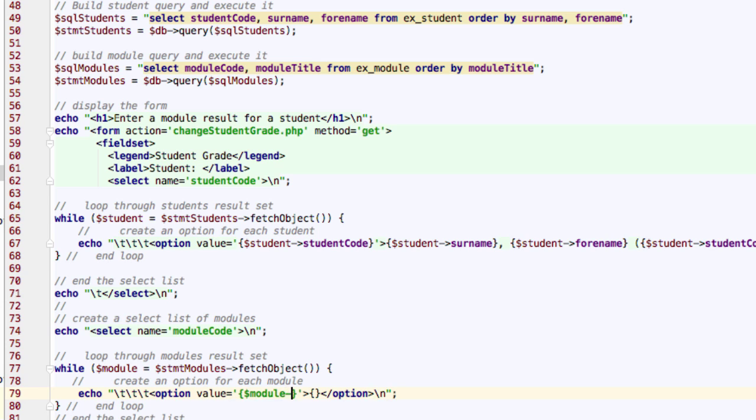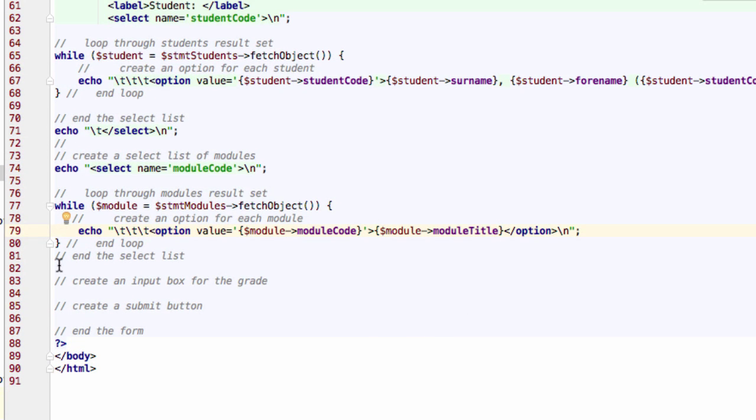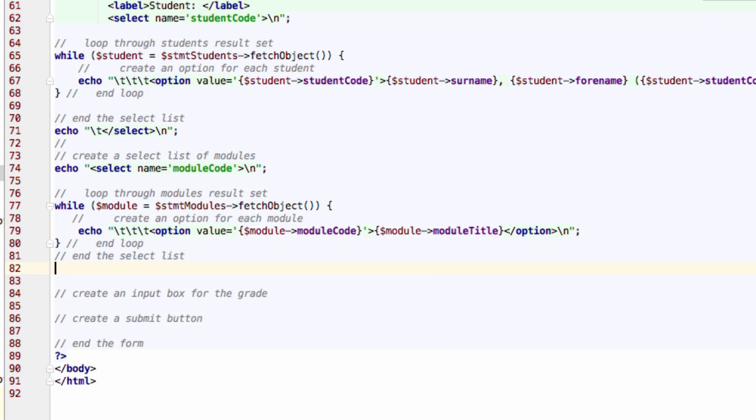Okay, so in here we fetch back a module object. Each module object is a row of the data, and we want to extract from that the field up there that I call module code. So module code. And in here, we want from the module object the field that was called module title. Okay. And now we need to end the select list. So echo